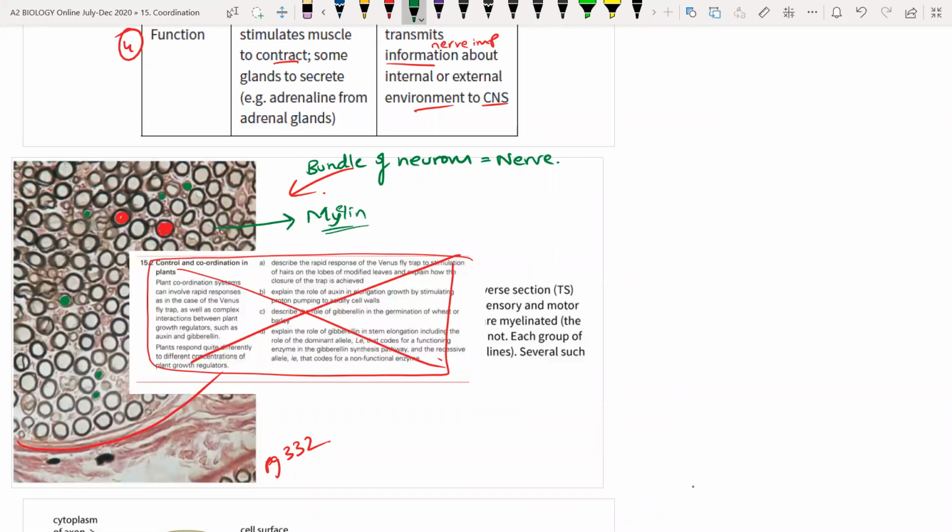All right, so I mean, there's some that you can see that they are not surrounded by myelin. Maybe because this cross section is cutting them at the node of Ranvier, for example, जहाँ पे myelin नहीं है, या कुछ non-myelinated neurons भी होते हैं. अब myelin का क्या function है, ये हम आगे detail में देखेंगे, लेकिन just to give you an idea, it basically speeds up the nerve impulse. I mean, वो already काफी speed में होती है, but generally it tends to increase the nerve impulse. Okay. चलिए जी आगे चलते हैं.